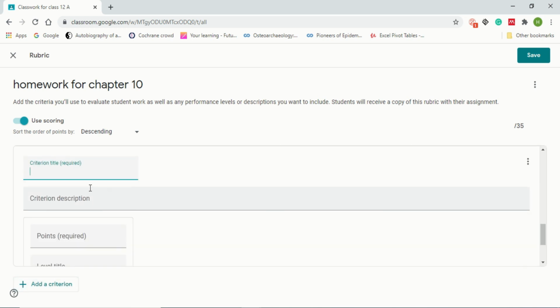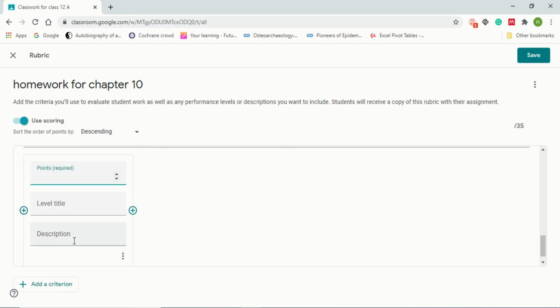For the third criteria you can give marks for how concise and how precise the person has written. How concise and precise you have written.